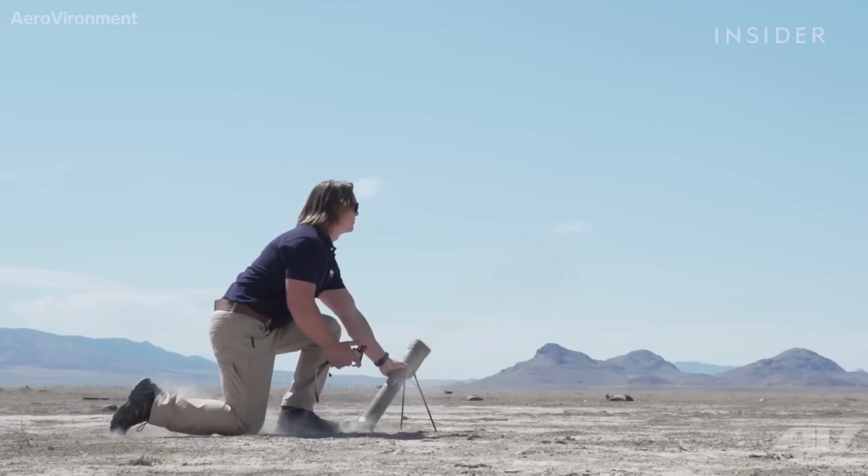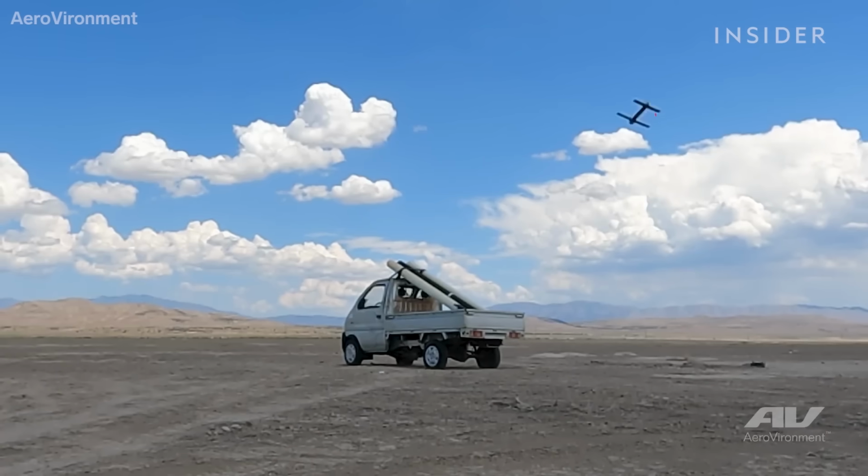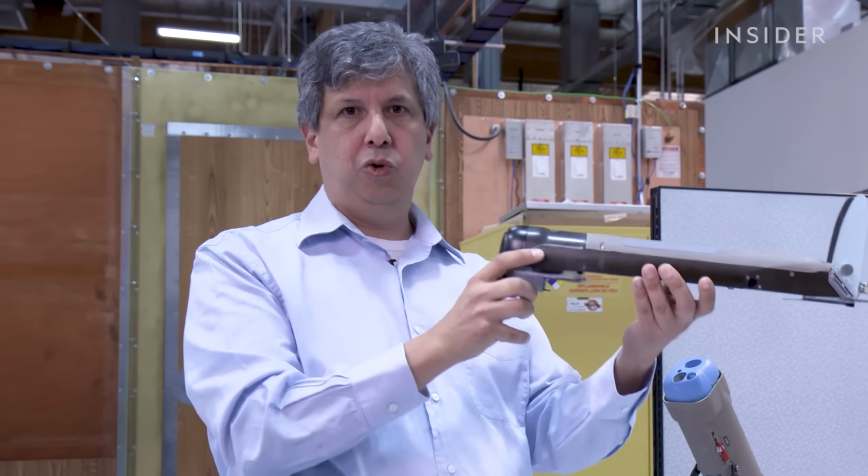1. These are what's known as loitering munitions. They can fly around waiting for a target to be identified before crashing to the ground to destroy it. So it's really a combination of an artillery and a drone that has got the capabilities of both. John Aldana manages the